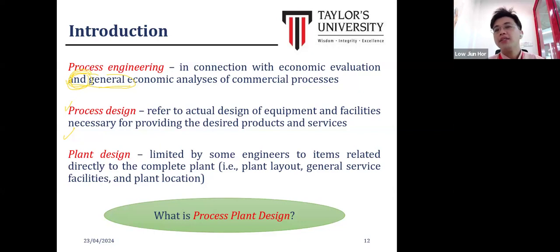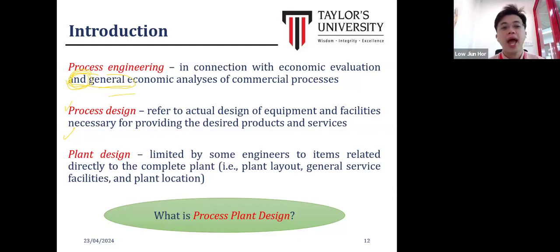Okay, so meaning that as a process engineer, later the process engineer is expected to try to select the most suitable process in order to assist their boss or customer in order to produce the product that they are going to produce. And the process that they are going to select, not only the most suitable one, but they also need to